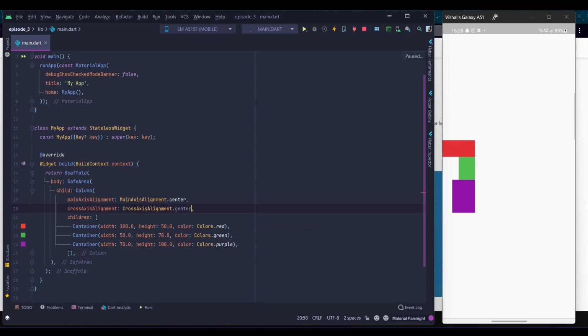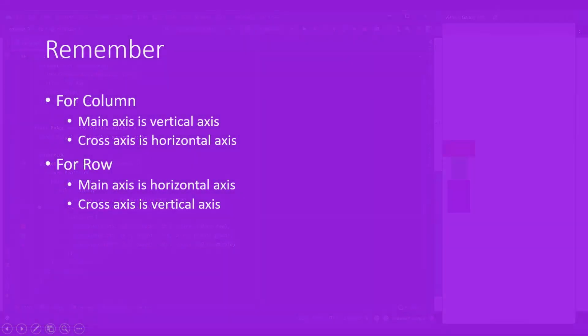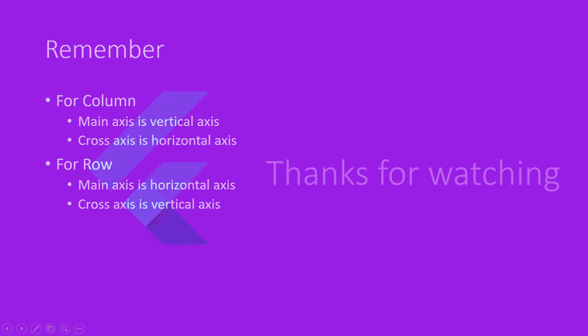Let's try with center, and you can clearly see the difference. So the key takeaway here is that in column, the main axis is the vertical axis and the cross axis is the horizontal axis. And just opposite to that, in row, the main axis is along the horizontal axis and the cross axis is along the vertical axis.